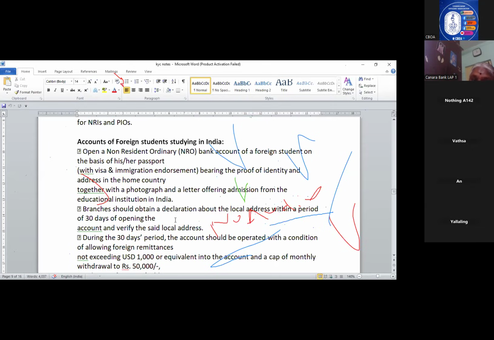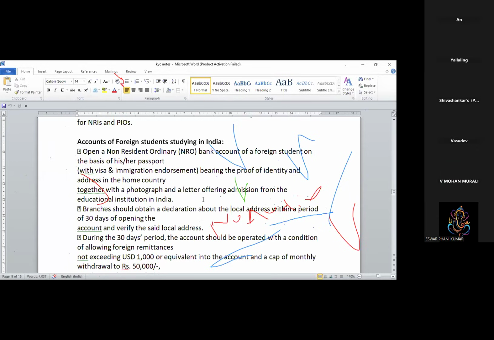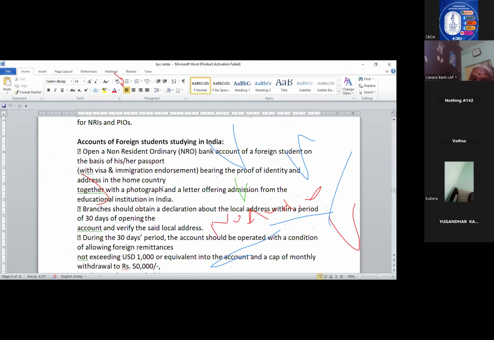In such case, what are the things which we have to take care? When we open an account for a foreign student, initially he may not have anything other than his passport. So we can open an NRO account for him using his passport, visa and immigration endorsement. Based on that, we can open the account. Then within 30 days,